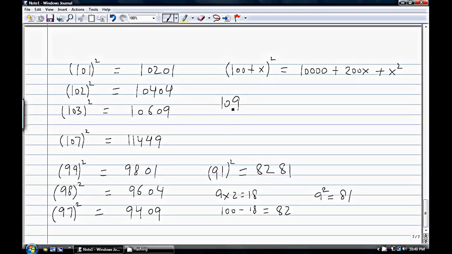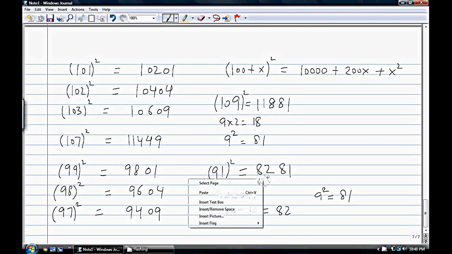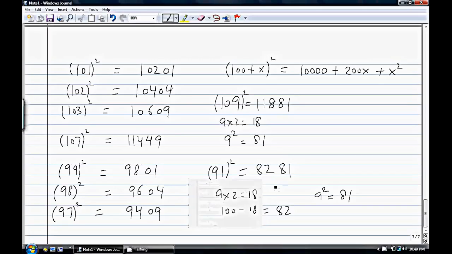Similarly for 109, 9 times 2 is equal to 18, so I will write 118, and then 9 square is equal to 81. So you see that the last two digits are always the same, but in this case we are adding 18 to the 100, and here we are subtracting 18 from the 100. So that concludes the